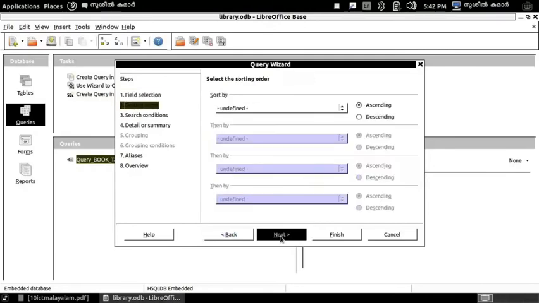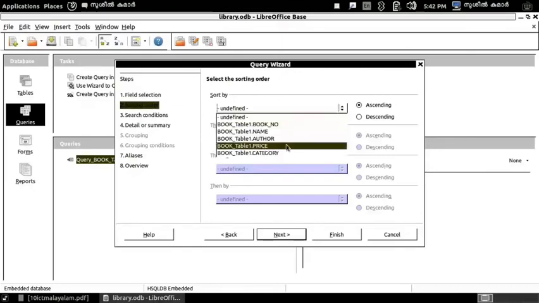Then press the next button, and press the next button again. Okay, here in the first column, select the column name based on the condition. Here I select the price. Then press ascending or descending.